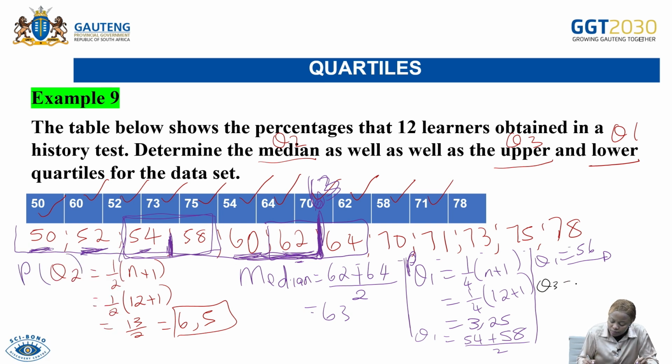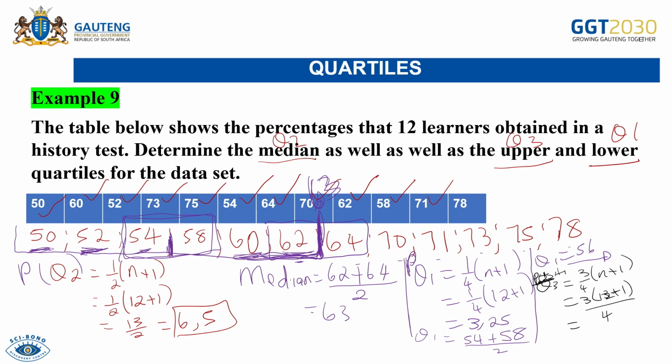Let's move to Q3. So Q3, again, we're going to find the position first. Position of the Q3. So how do you find the position of the Q3? You say 3 all over 4 into n plus 1. So it is going to be 3 into 12 plus 1, then you divide by 4. So 12 plus 1, you get 13, and if you multiply that by 3, you will get 39. So 39, you divide it by 4. If I divide my 39 by 4, I'll get 9,75. So it means if I go to position 9,75 in my data set,